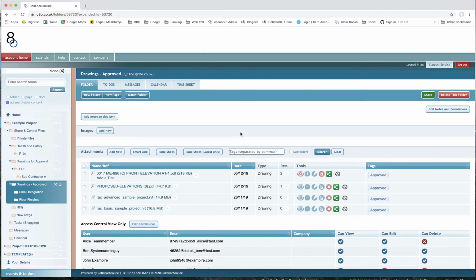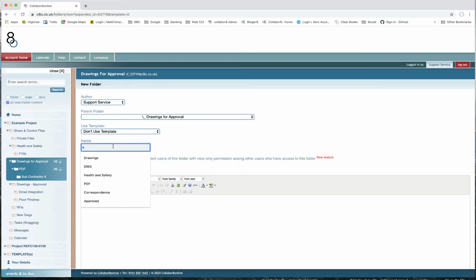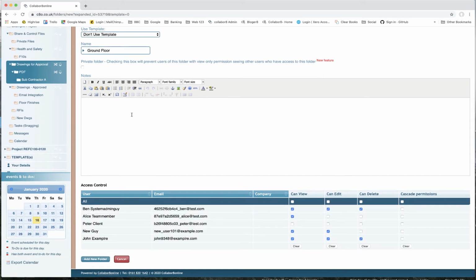So let's carry on and do that. What I'm going to do is just click into drawings for approval. I'm then going to create myself a new folder. I'm going to call this, let's say, ground floor. In there is the space where I could create some notes. I'm just going to put a simple line in there. Anything you like can go in there: notes, telephone number, maybe contact details, whatever you like in this